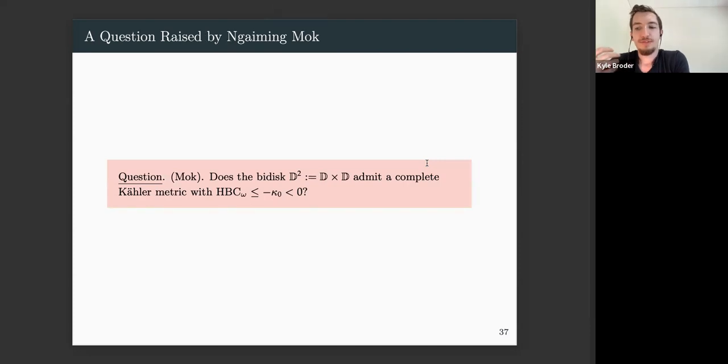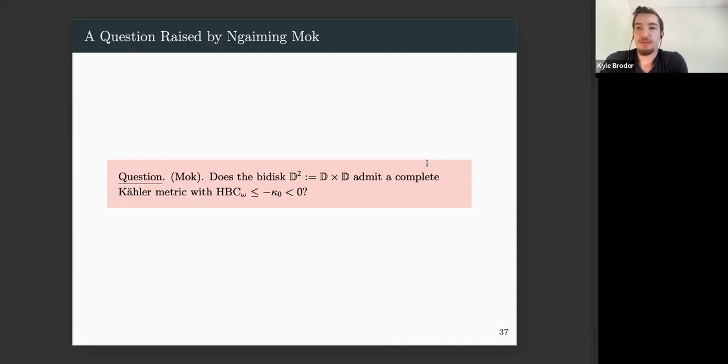Now, let me finish here by posing the primary application of the conjecture. This is the main question of interest that I think this perspective should be able to bring light on. And it was raised by Mok at least more than 20 years ago, which was whether the bidisk, the simple example we started with